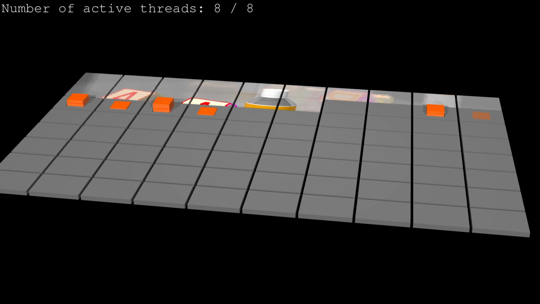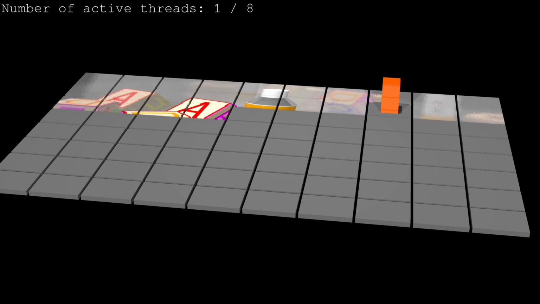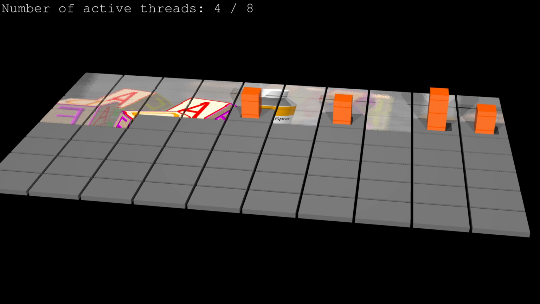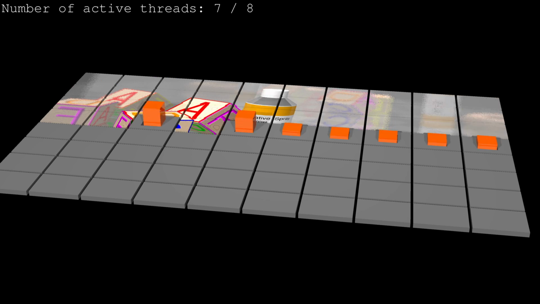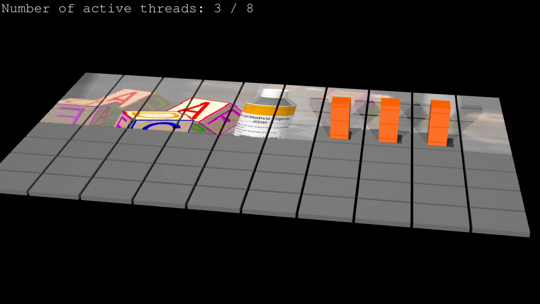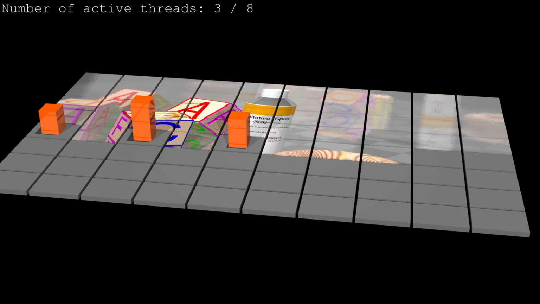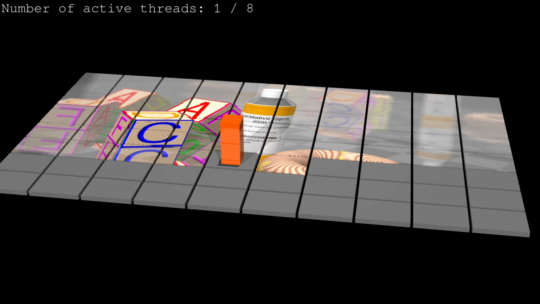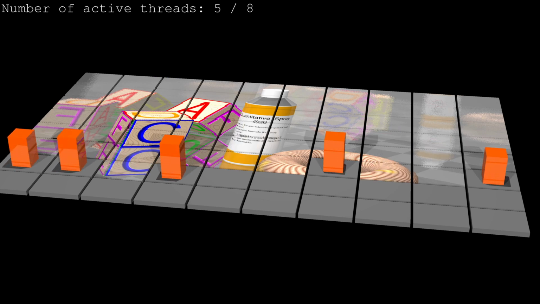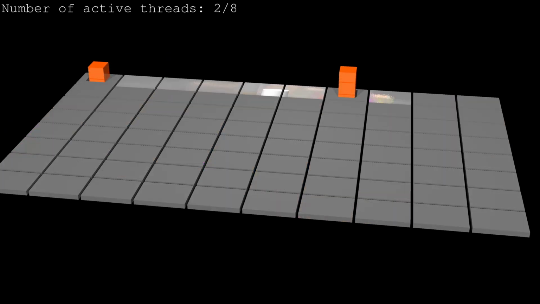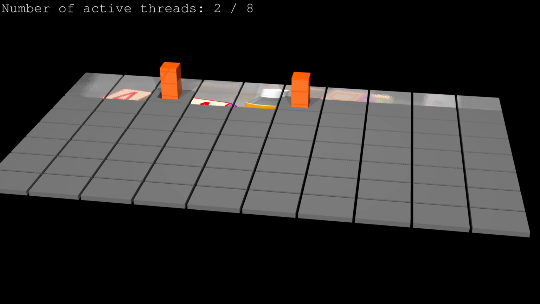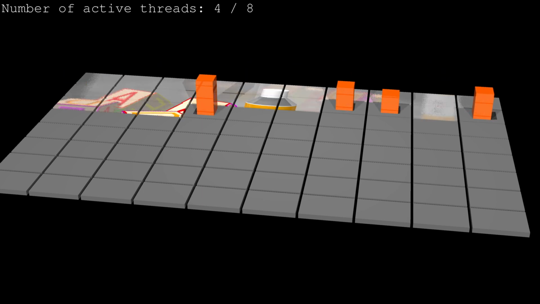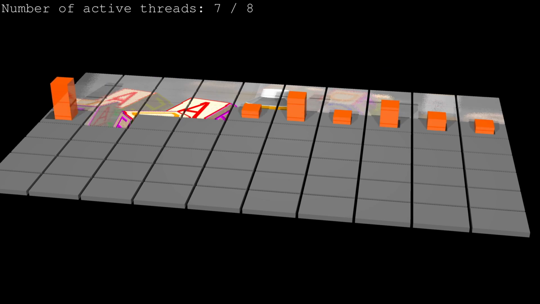In fact, we can pretty much guarantee that they won't, unless for some reason they're all the same. So we're going to end up with a situation where some tiles will render much faster than others, and therefore will complete before the others have done. So if we go with the strategy of allocating 8 tiles to 8 threads, and then waiting for them all to finish, we see, as we see here, the number of active threads varies quite considerably. Starting with 8 active threads when we first begin,